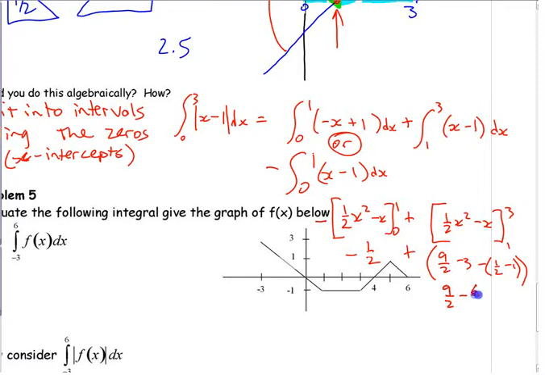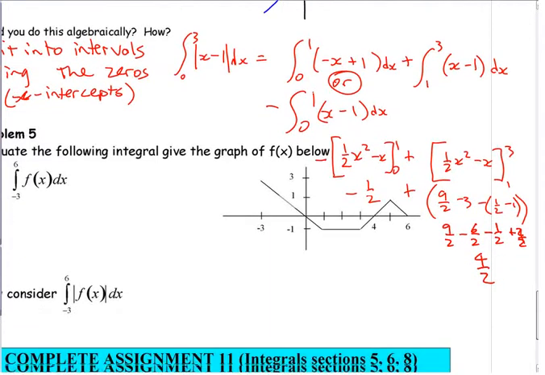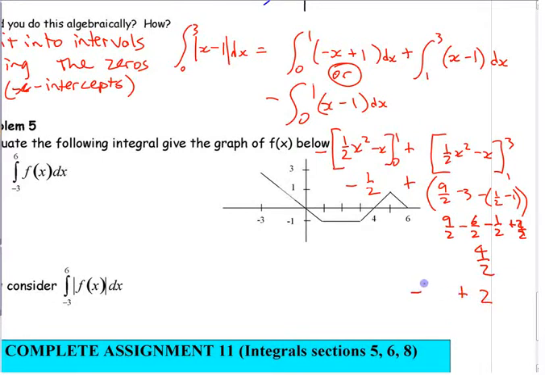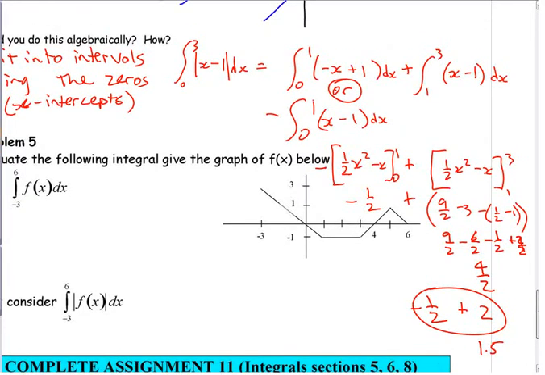9/2 minus, let's make it all the same and practice our grade 8 stuff, plus 2/2. Hopefully it adds up to the right thing. 9 has 3/2, 2/2, 4/2. 4/2, what do you know? What is that the same as? 2. Negative 1/2 plus 2. 1.5. Okay, so whether you do it algebraically or graphically,